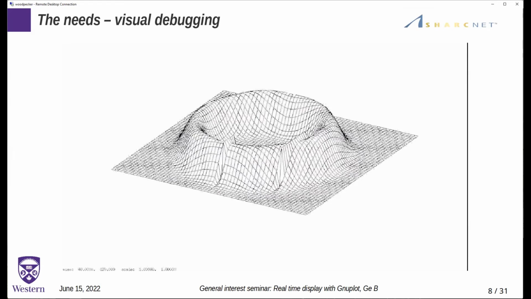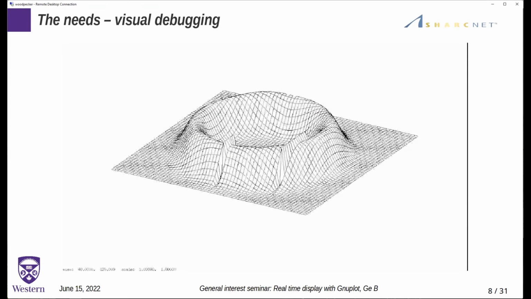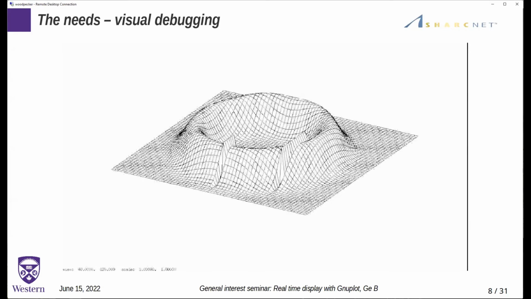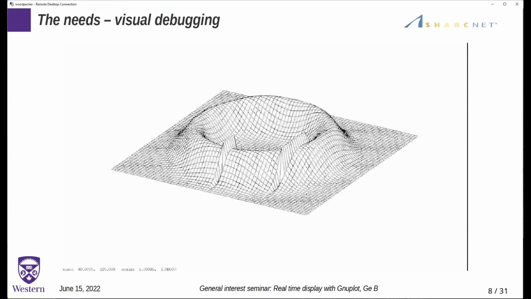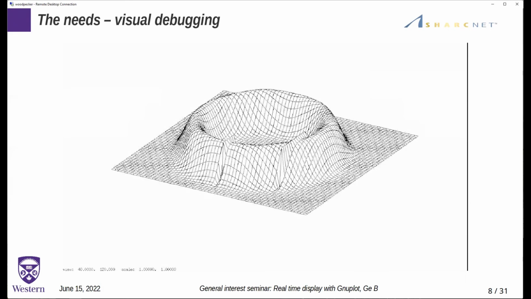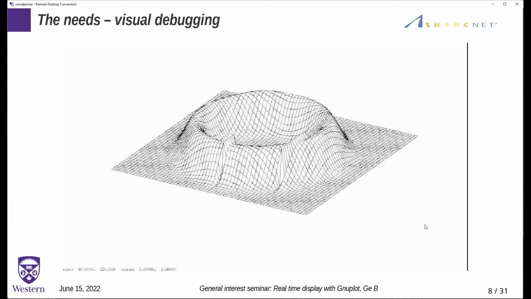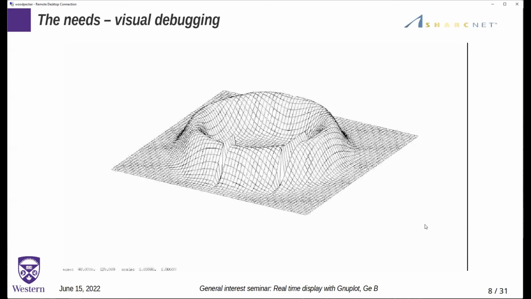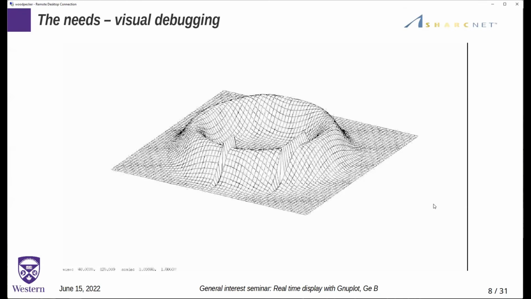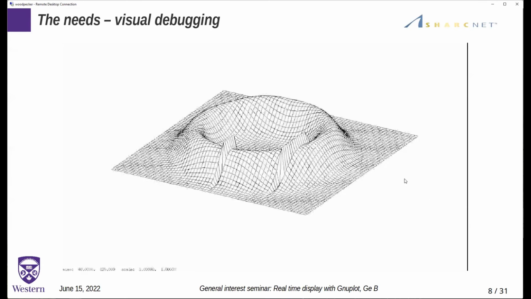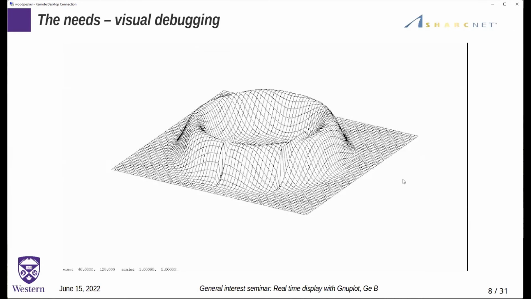There are a couple of ways of debugging the code. One is to use a debugger. The most commonly used approach is the use of print statements to print the data and examine the data. And the second is to use a decent debugger, and it will examine the data, and hopefully you can find out